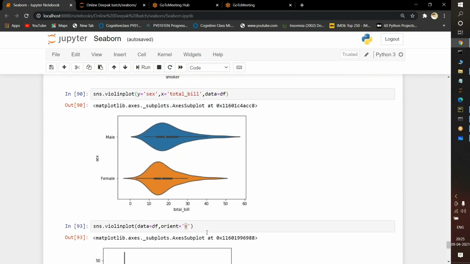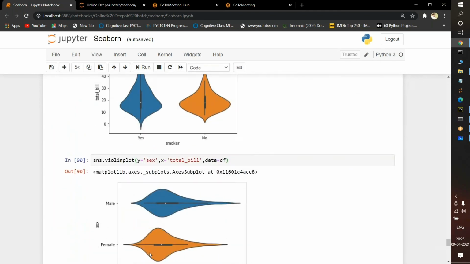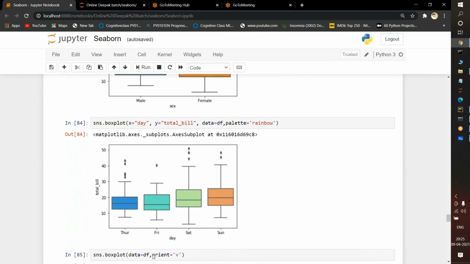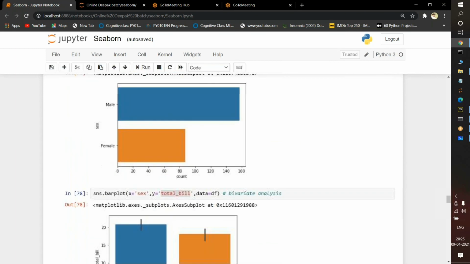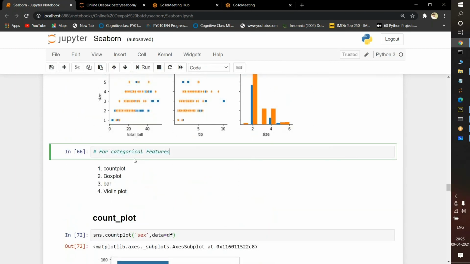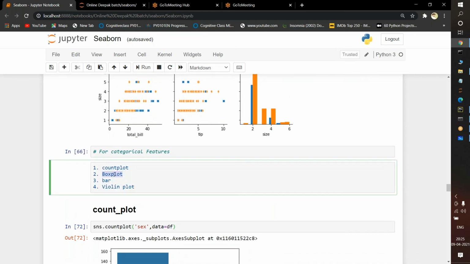These are some of the techniques in Seaborn. The best example is the violin plot. Don't worry about this box plot, guys. I will tell you when we are discussing the statistics concepts. Another most important technique is the box plot and the count plot. The categorical features were handled with the help of the count plot we discussed, and box plots I will explain when we discuss statistics. The bar plot I told you, and the violin plot you also now have a clear idea of.